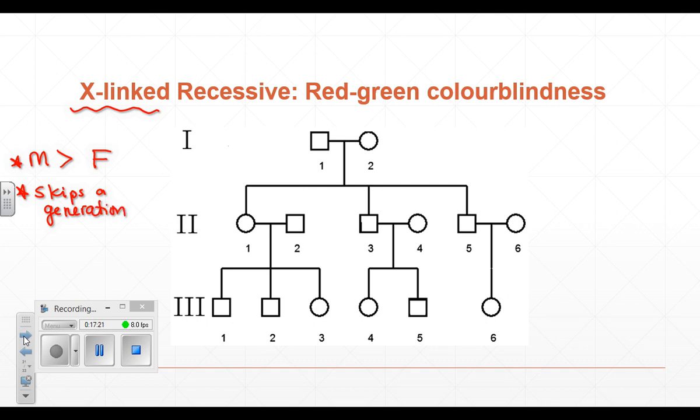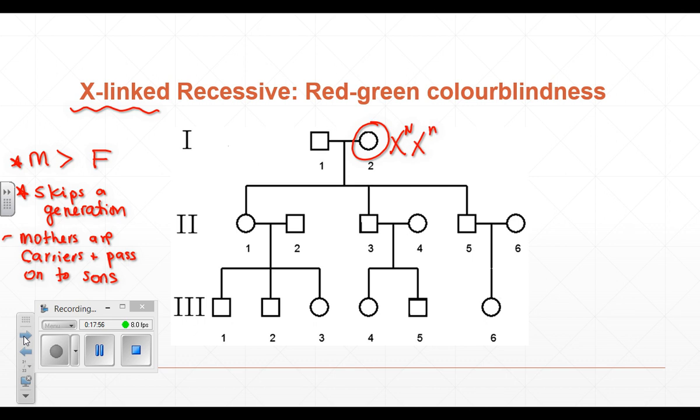In addition, when it's X-linked recessive, what we typically see is that mothers are carriers and pass on to their sons. So that means there will probably be a lot of heterozygous females who are passing the trait on to their sons. So I'm going to illustrate that this grandma here